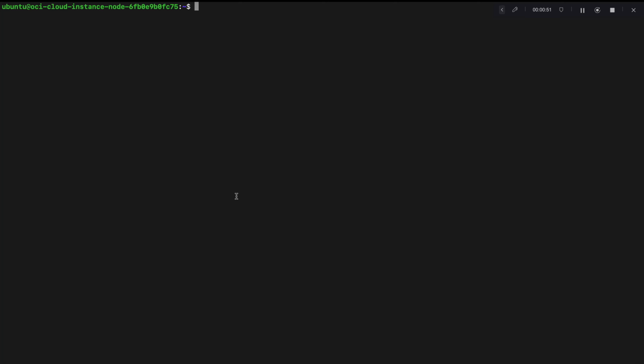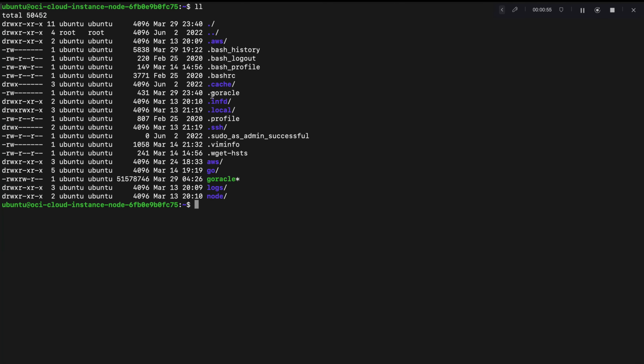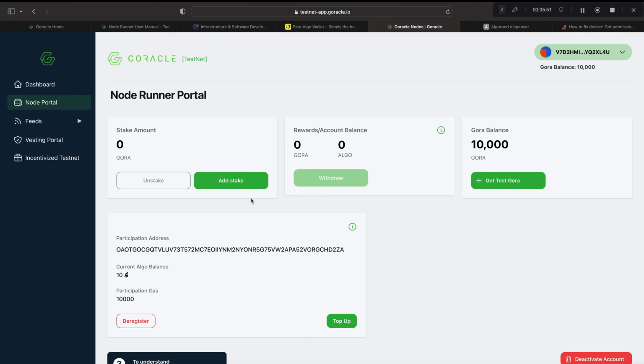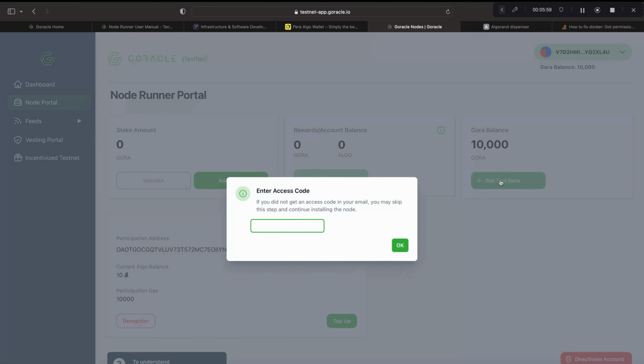To show you the config file, we will just list out to show our hidden files, and we can see that the .goracle config file is here. Feel free to cat that file to look at what's inside, but we will move on to the next process now. The next thing we want to do is make sure that we have Gora in our account. I already have 10,000 Gora in here, but if you need to get test Gora, then you can prompt